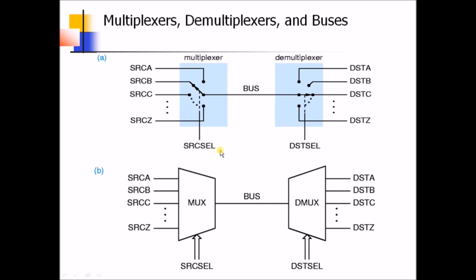And this is one more example. Initially at the source I'm going with a multiplexer, where one of the data is selected and transmitted through the bus, and at the destination I'm going to select one of the destination channels and route this data to it. This is how we can use multiplexers and demultiplexers in communication.